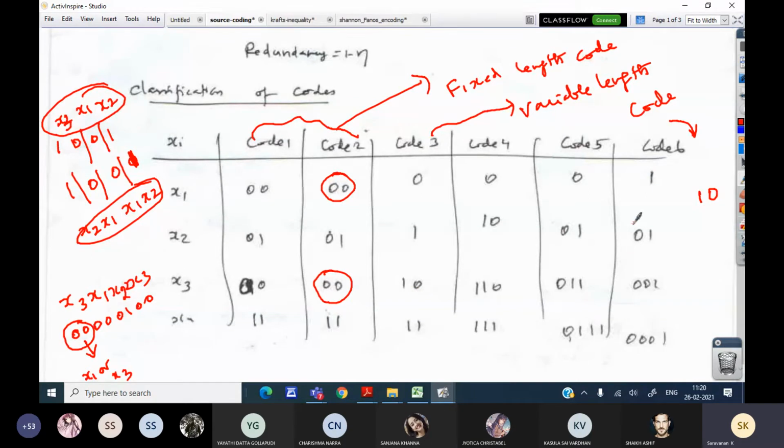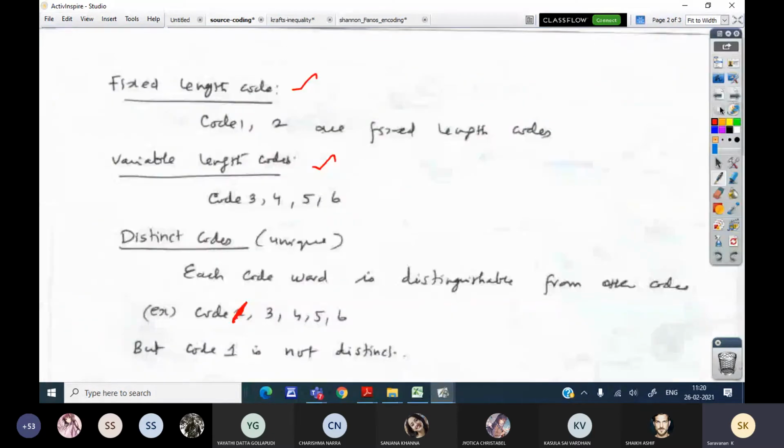So 1 is not a prefix for 0, 1. When this condition is satisfied, that no code word is a prefix for any other code word, it is a prefix code, or instantaneous code, or irreducible code.